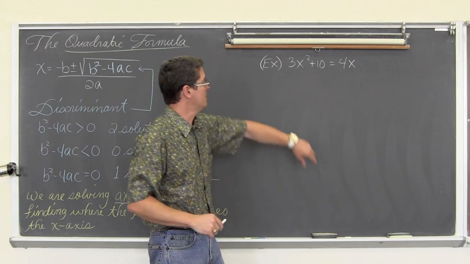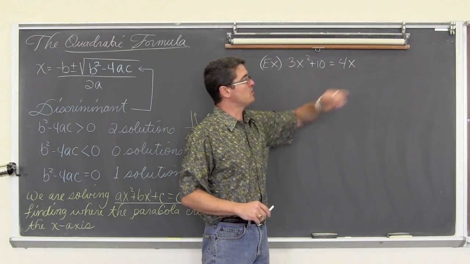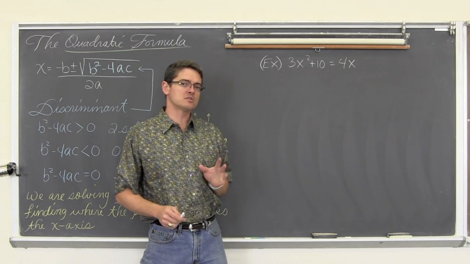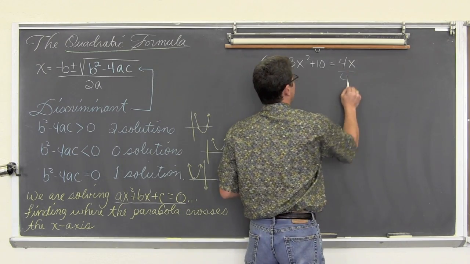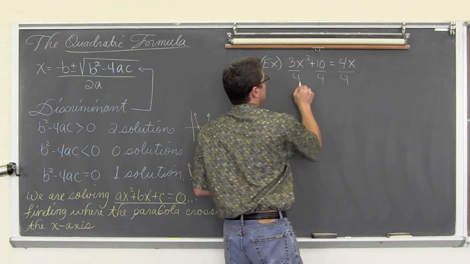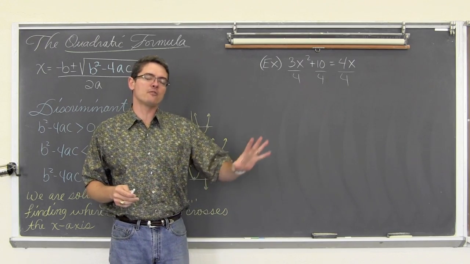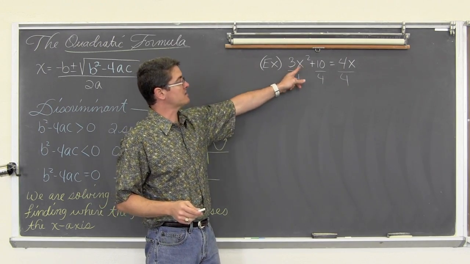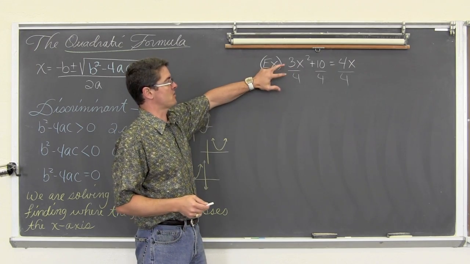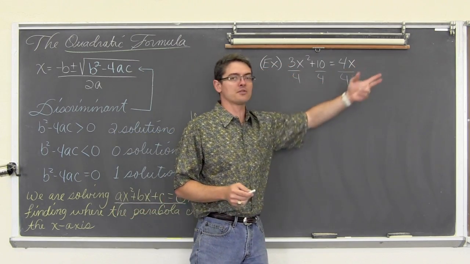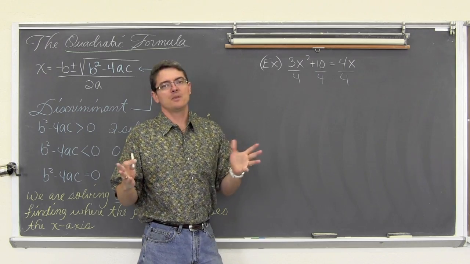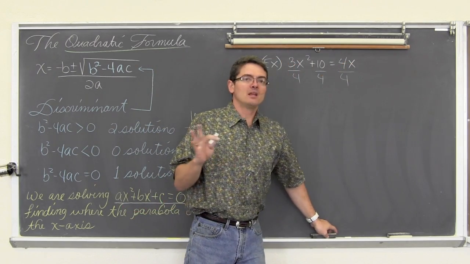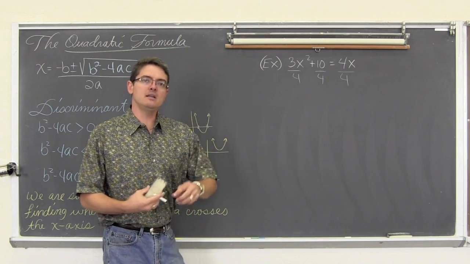We're going to do 3 of them, by the way. 3x squared plus 10 equals 4x. Now, I already have this x term sort of alone, so if I were to attempt to solve for that x by dividing by 4, I would have this x alone, but I would still have an x squared on the left-hand side. And then what am I going to do? Try and get rid of the 3/4 by multiplying by 4/3 the whole thing? If you have a second degree term and a first degree term, trying to get x by itself doesn't work. Get it equal to 0.